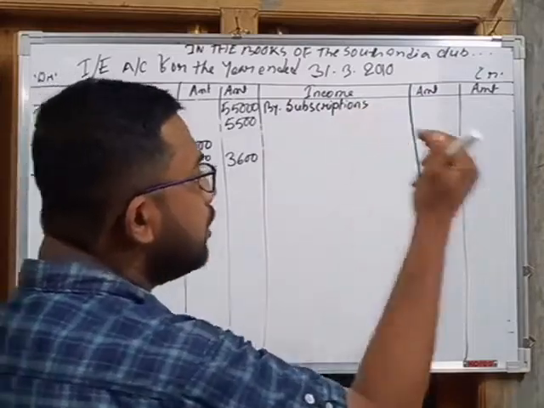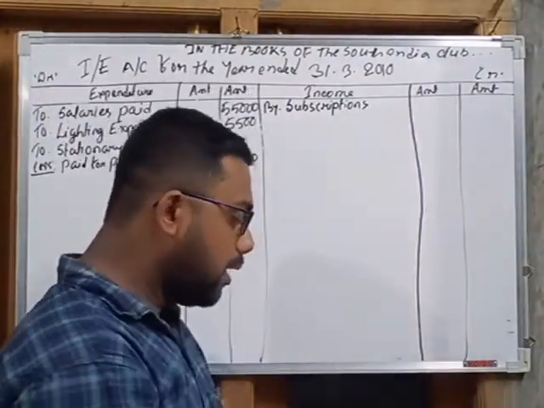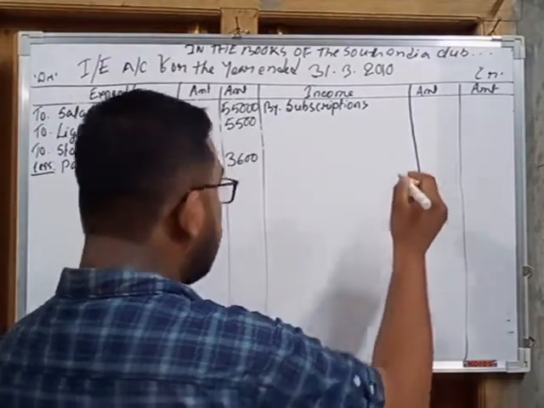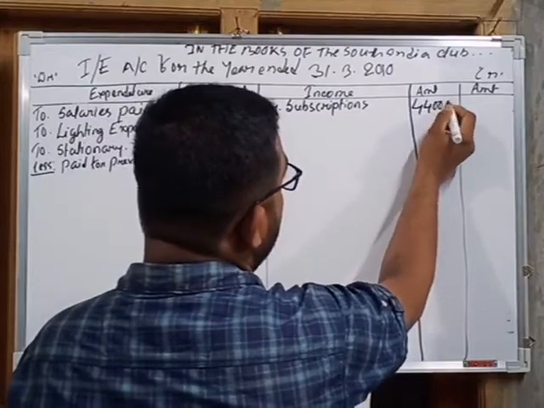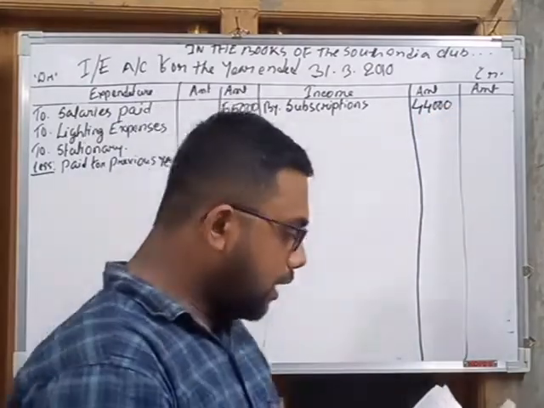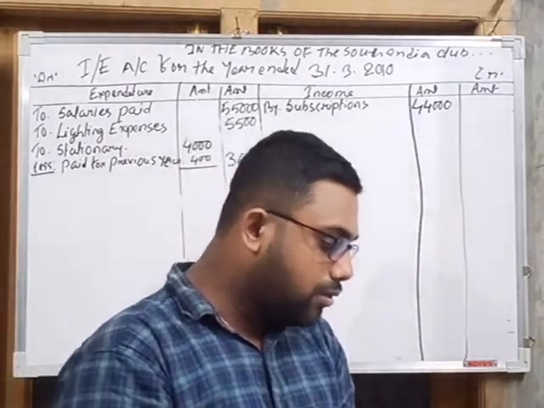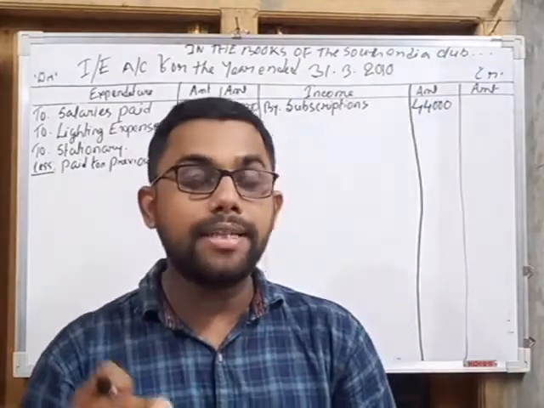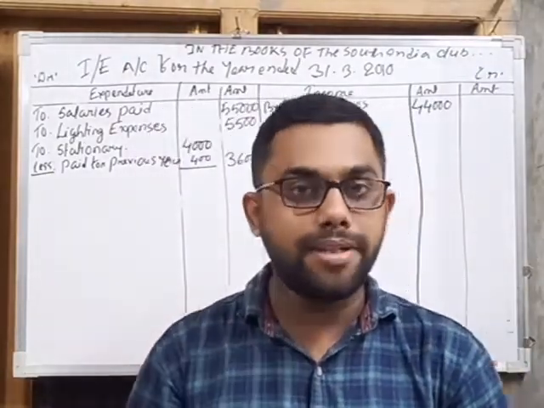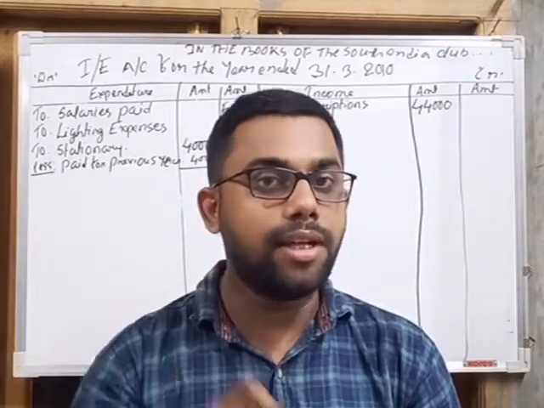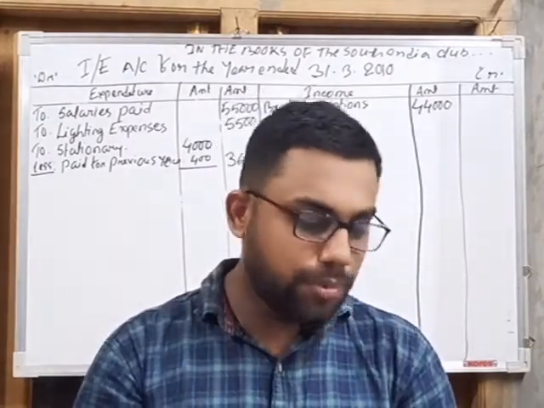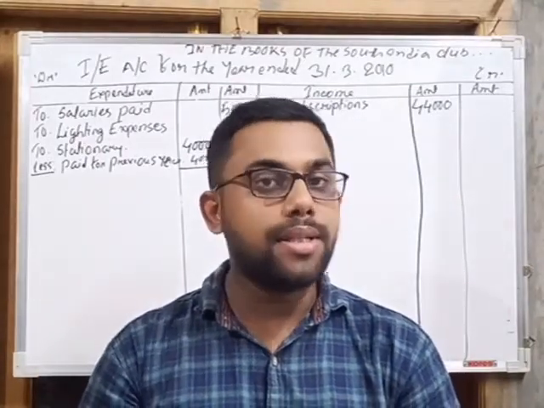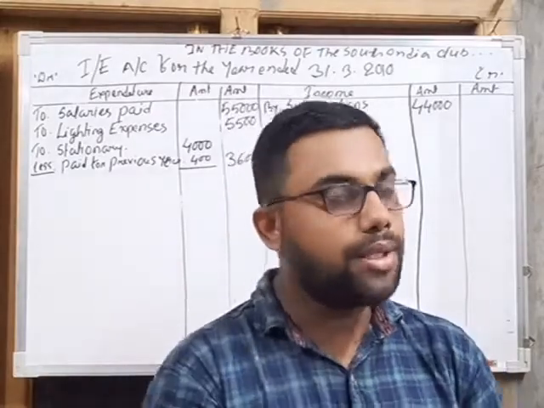Okay, so we will take it in the inner column because there are some adjustments. What is the actual amount? 44,000. So what is the first information regarding subscription? Including rupees 1,000 received in advance. That means in the current accounting year, in 2009-10, while receiving the subscription income, some of the members have paid subscription for the next financial year also. And what is that amount? That amount is rupees 1,000. So now tell me, is it the income for the current accounting year? No, because it is the income related to the next financial year,